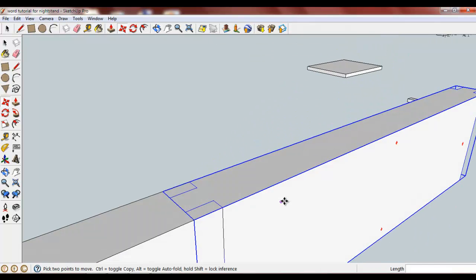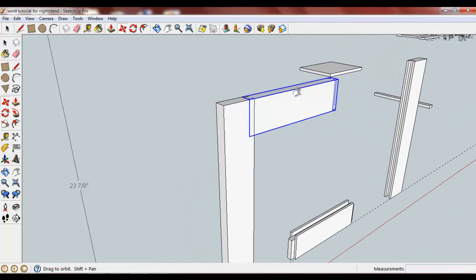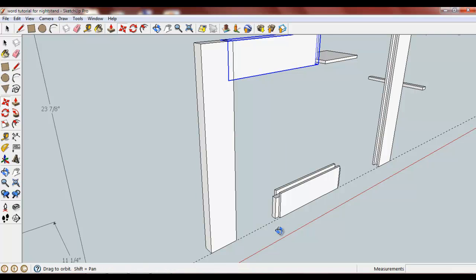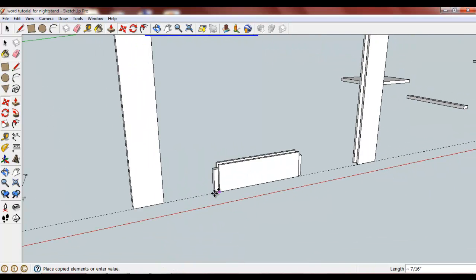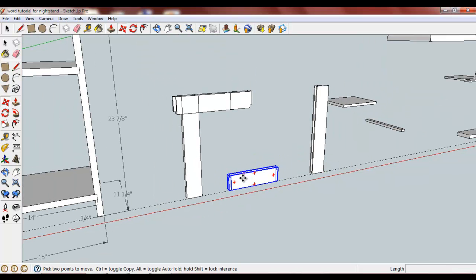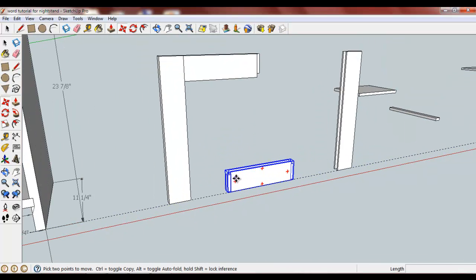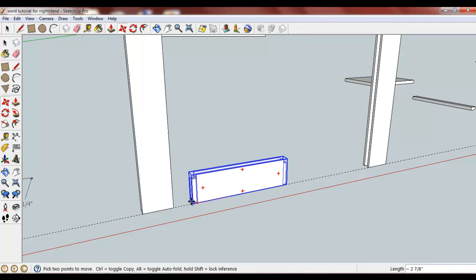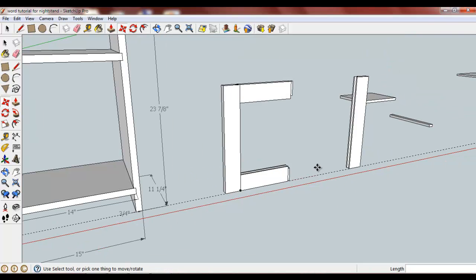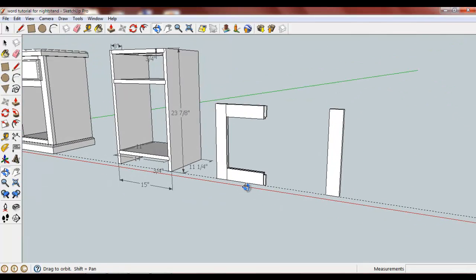Okay? So if it freaks out a little bit on you, don't get too stressed out. And then this one's going to go right there. And if we draw our panel